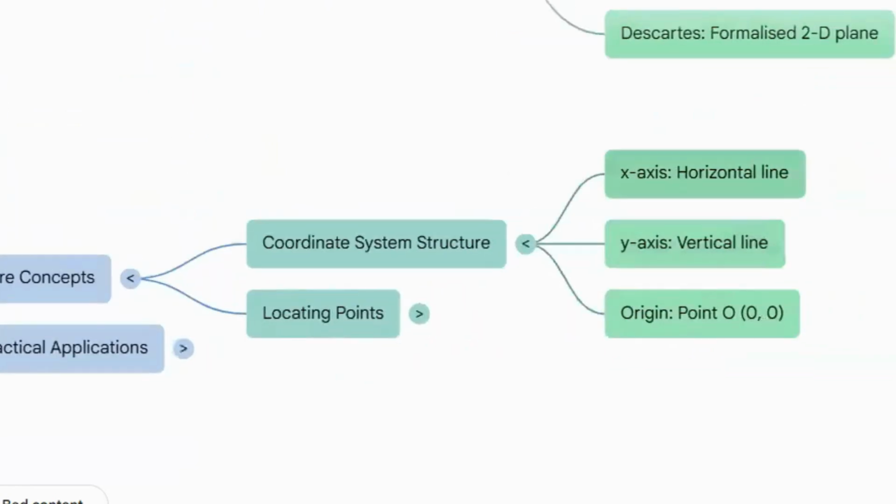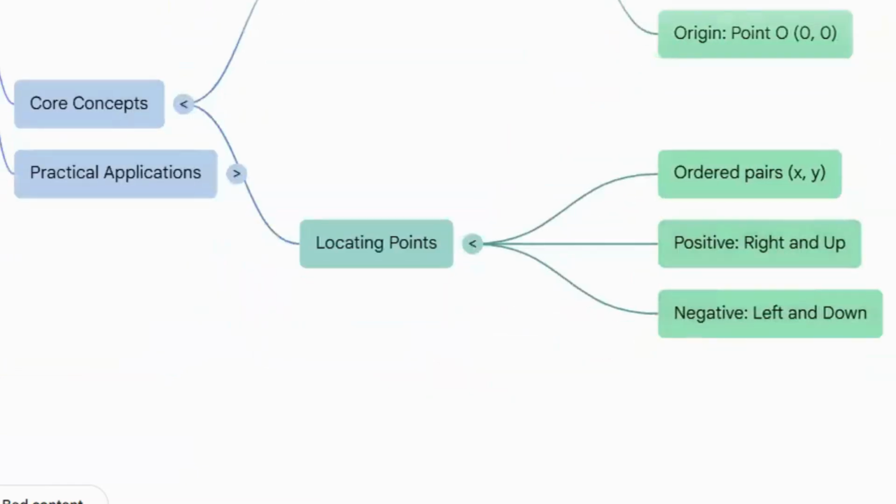So here we have the x-axis, which is the horizontal axis, the y-axis, which is the vertical axis, and the origin point, which is 0, 0. And how to locate a point? A point is an ordered pair denoted by x comma y. It means first is x, second is y. It's always fixed, it's ordered, right? And if you are going up or right, then it is positive. It means right means x positive, up means y positive, whereas negative is left and down. For x, left is negative; for y, down is negative.